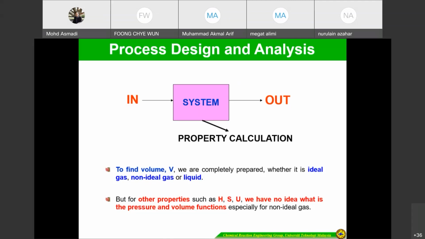For the Gibbs energy, we want to see the degree of spontaneous. What do you mean by spontaneous? Okay, anyone? Whether your reaction is spontaneous or not? Okay, so macam ni lah. We actually measure to see the equilibrium, or whether your reaction is spontaneous or not. Okay, for example, like